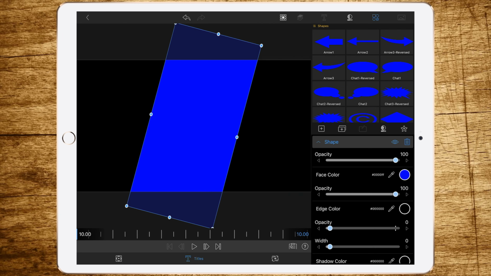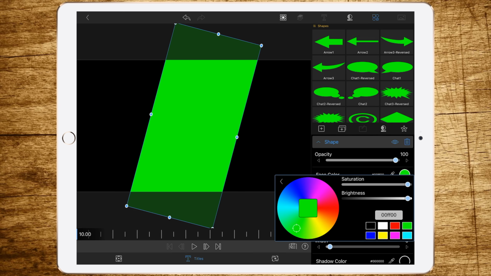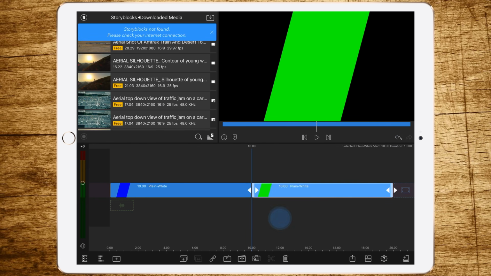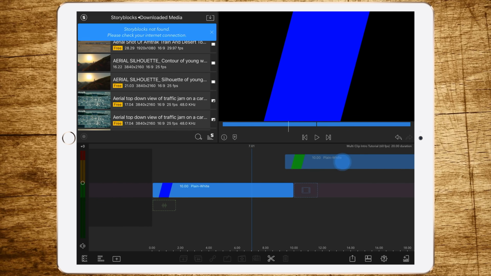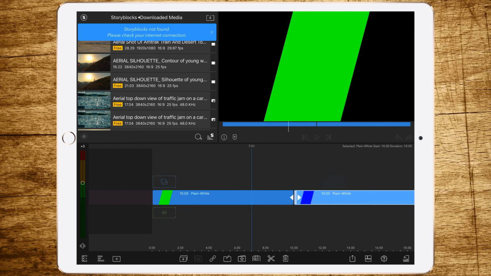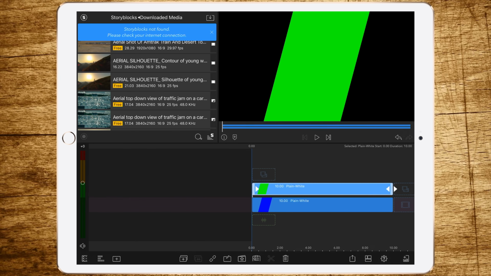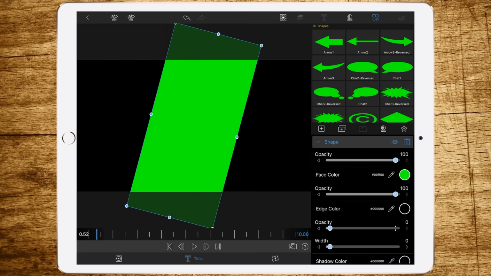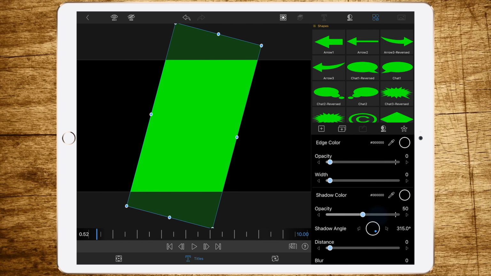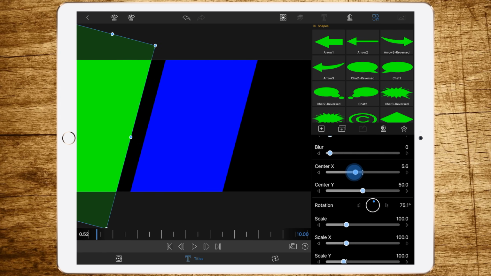But first we are changing the color, because otherwise it's not working. So now it should. Okay. So now it's working. Double tap to edit the green one, and now move it with this slider